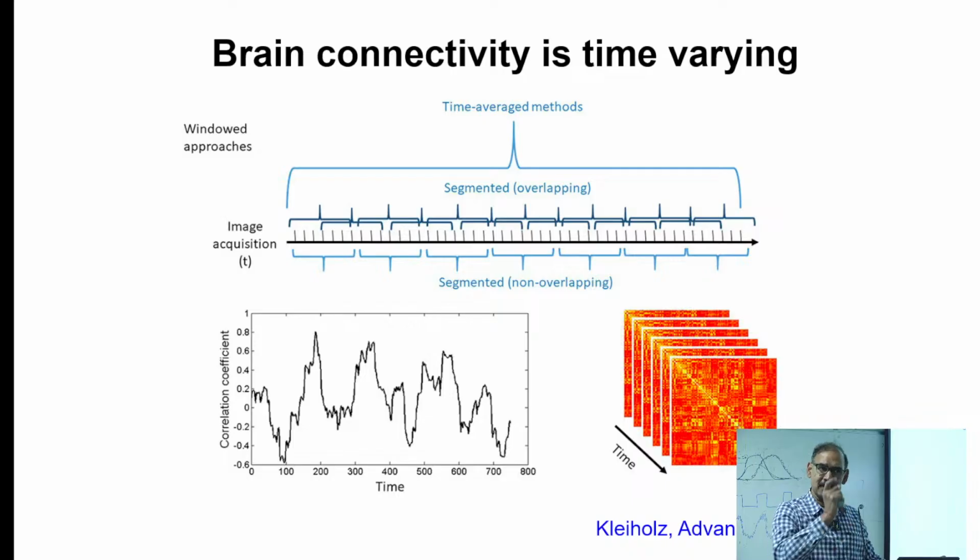What is the trade-off as you change the window size? What would be the trade-off? You are doing machine learning, you should be able to say. By changing the window length, so by changing the number of data points, what happens? You are introducing more noise or uncertainty, right? So that is the trade-off, right?